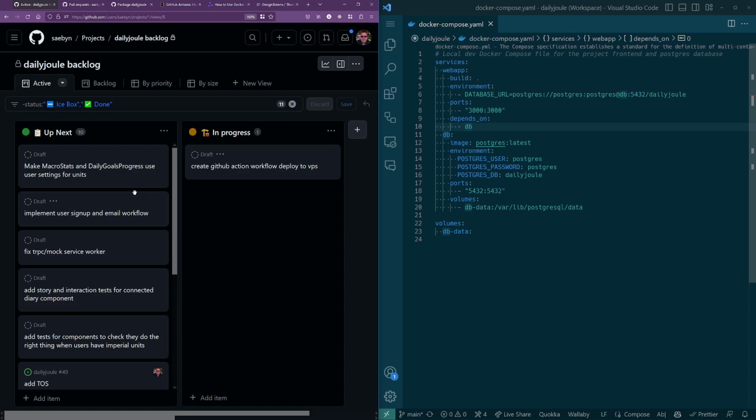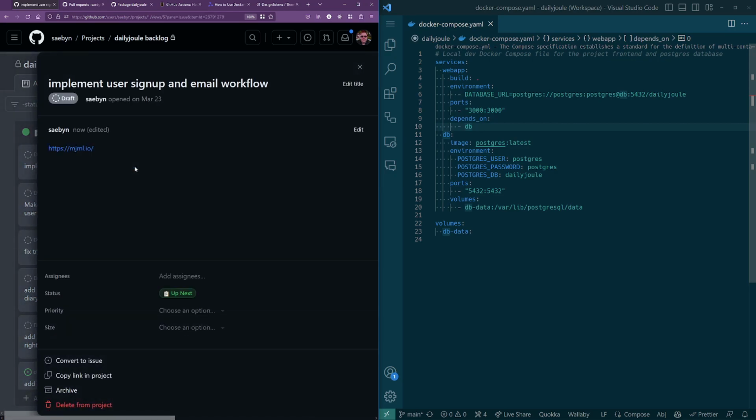I think probably this one next. So implement. I don't know. I think this first version, once I get it deployed and accessible, I'm not sure if I'll have... I may want to specifically have like an invite. I don't know what that is, but